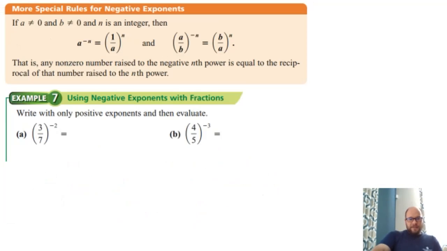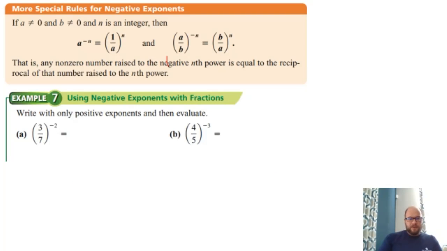If we have a negative exponent, it's going to give us the reciprocal and then a positive exponent. Well, same thing is true if we have an exponent that is negative on an entire fraction. It'll flip the entire thing and then give us the same fraction with the same reciprocal of that fraction with